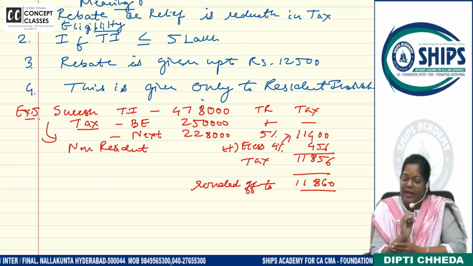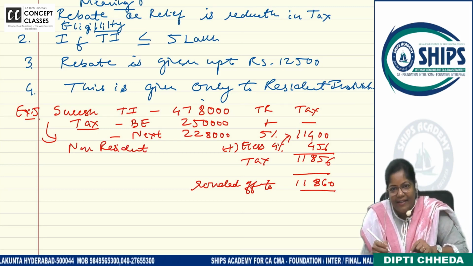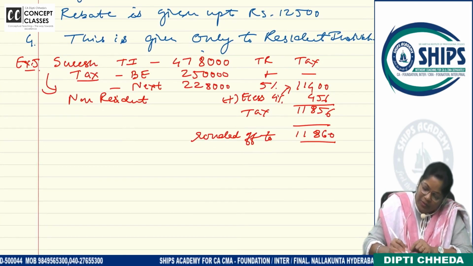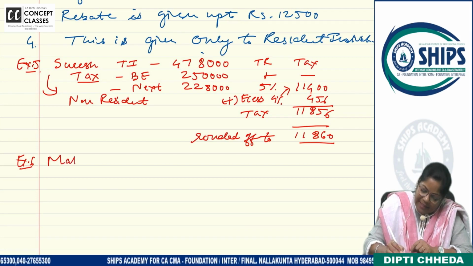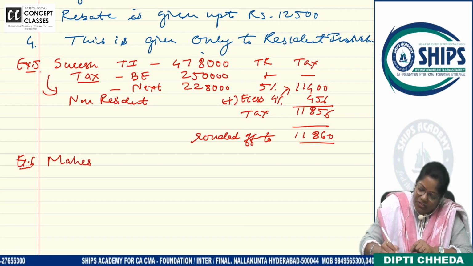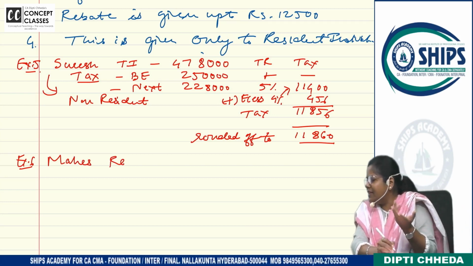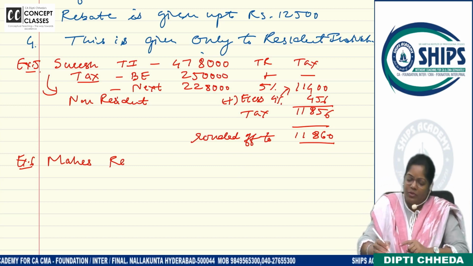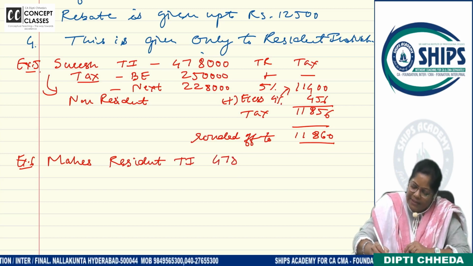Did you get it? What did I also miss out? Because if he is a resident, what will he get? Yes, we forgot. Now we don't want scratching, so we will make this example 6. Example 6, Mahesh is non-resident. If he is non-resident, he will not get a rebate. Now for the same figure, I want you to work out as resident. Mahesh resident, total income is